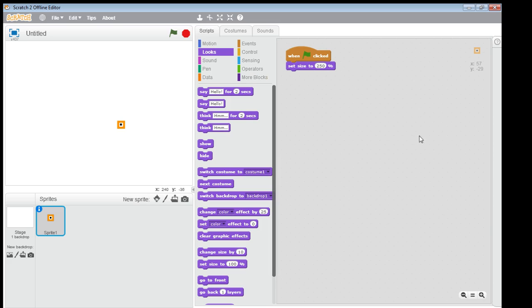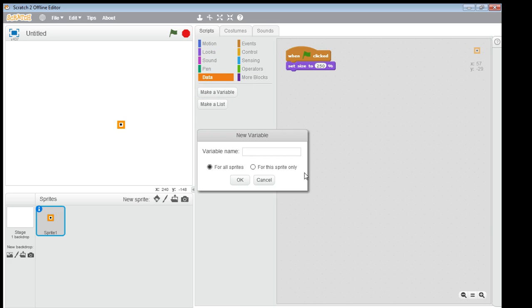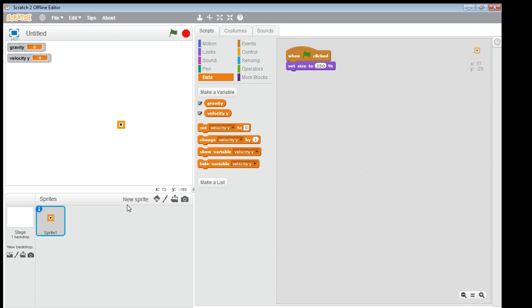And now what you want to do is make a variable. You want to make two variables actually, gravity and velocity y, because y is the up and down axis. The y-axis goes up and down, the x-axis goes left and right. And this is the y-axis. This is adding, as I'm sure you've figured out, gravity to our game. So the first thing you want to do is set velocity y to 0 and